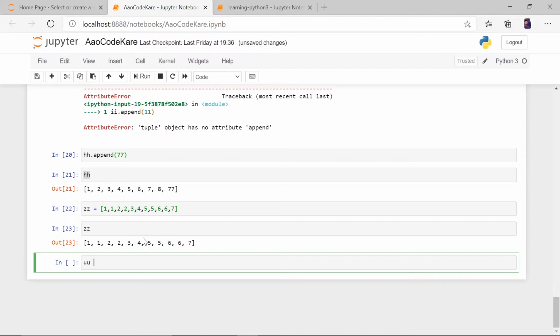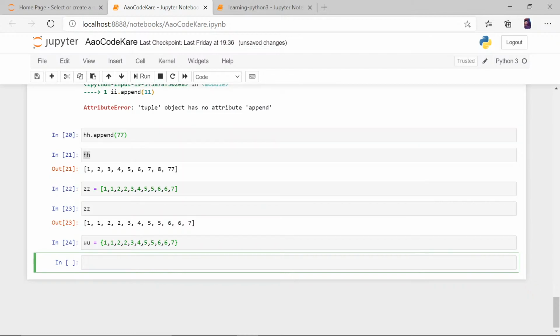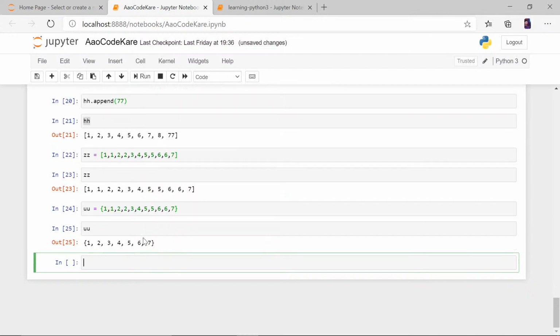Let's do uu equals curly brackets 1, 1, 2, 2, 3, 4, 5, 5, 6, 6, 7. Same values, right? Shift enter. Let's print what uu has. So here you go.